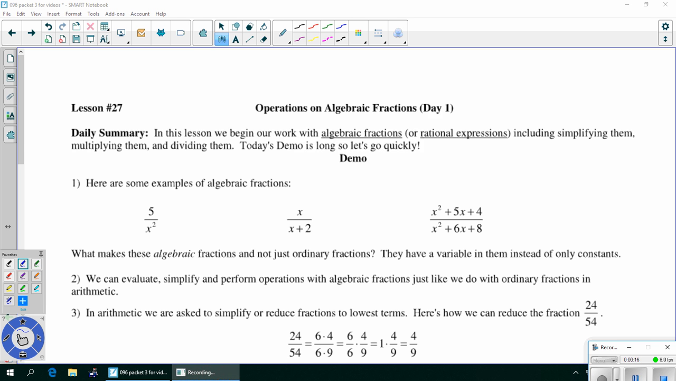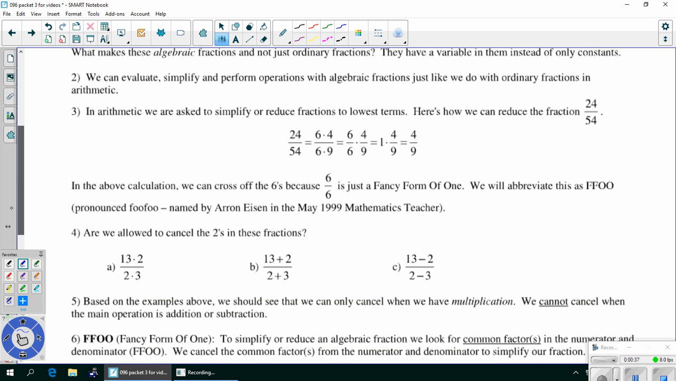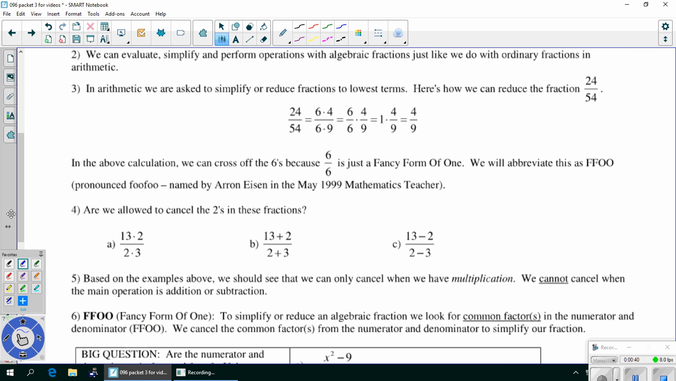5 over x squared, x over x plus 2, and then x squared plus 5x plus 4 over x squared plus 6x plus 8. What makes these algebraic fractions and not just ordinary fractions? They have a variable in them instead of only constants. We can evaluate, simplify, and perform operations with algebraic fractions just like we do with ordinary fractions in arithmetic. So we're going to review some ordinary fraction arithmetic in order to extend those same principles to the fraction arithmetic